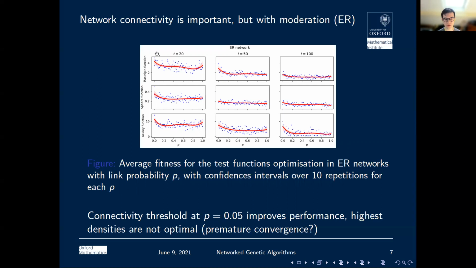You can really see that when these networks are disconnected, on the very left side of the plots, the performance is the worst. So the average fitness is very high because we're trying to minimize the functions. But as we get connectedness inside the network, that is, when there exists a path through links between any pair of nodes, suddenly performance really increases.